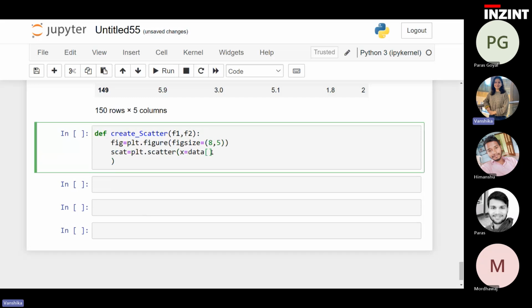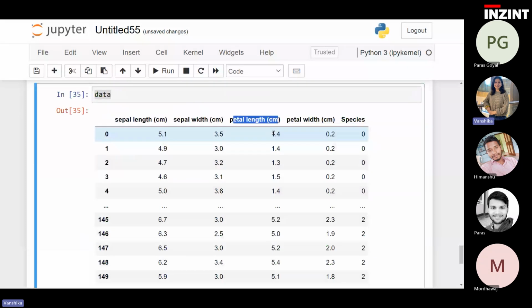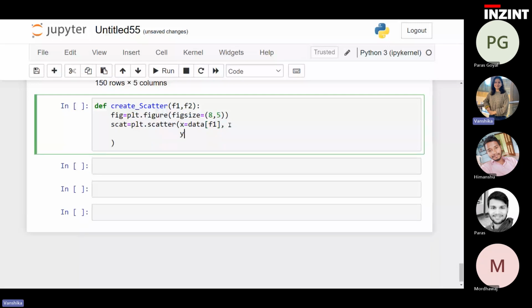अब एक्स के लिए मैं अपने डेटा में से I want to extract f1. f1 here is going to signify my feature first. तो अगर if someone writes petal length, तो petal length के लिए डेटा में से वैल्यूज एक्सट्रैक्ट हो जाए। ओके, डेटा इज माय डेटा फ्रेम। आई होप यू गेट इट। सिमिलरली फॉर y, आई वांट टू एक्सट्रैक्ट डेटा में से फीचर 2 वाला कॉलम।